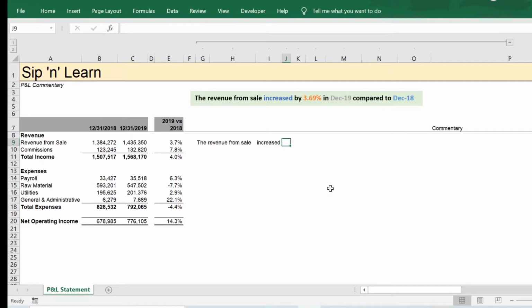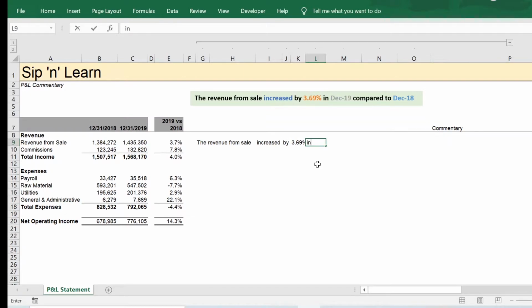Moving forward, I need to now show the percentage increase or decrease over the previous year. I have this information over here in column E. I can pull this directly. However, when I concatenate these together, it will lose its formatting. To retain the formatting of this percentage, I'll use the text function, which converts it to text in the format that I desire. In this case, I need a 2 decimal percentage number to be displayed. And I'll use the formatting string required for it. And it shows 3.69%.